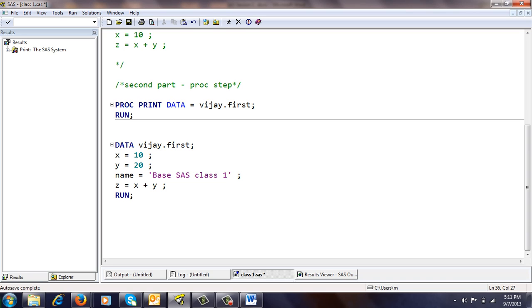So here I given the base as class 1, I given here special character as a space, I given here text values, and I given here number as well. I change here the data set name, so the previous data set should not be changed. If you do not change the data set name in the data step, it will override the previous data set with the new values.